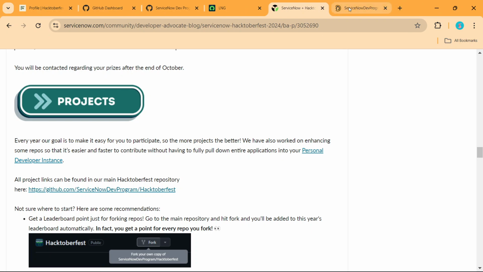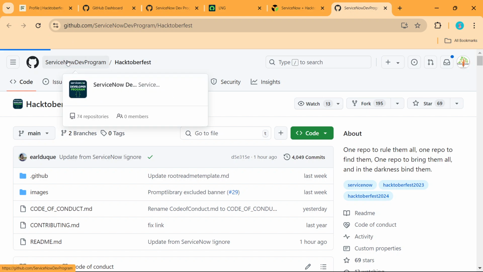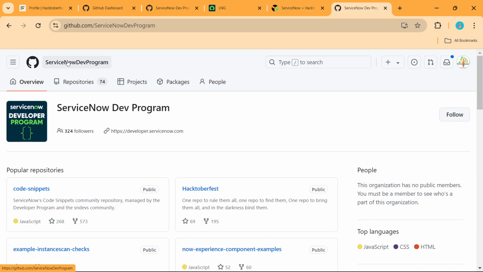This one. What is the meaning of projects here? Project means that there are different repositories. So if you are already a developer, you know GitHub. But for people like me who are not developers, GitHub is a place where developers commit their code, and it is merged into the different branches.